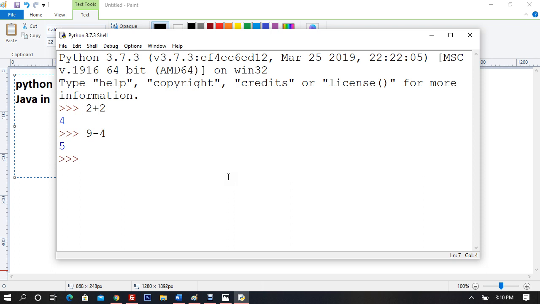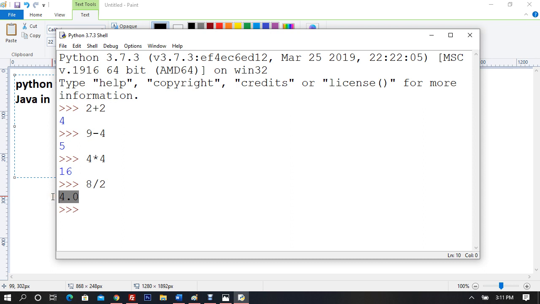Now, easy operations. Are only mathematical operations what we are interested in? No, but we have to start with it. For example, multiplication: 4 into 4 is 16. This is called multiplication. But if I say division, 8 divided by 2, we are getting 4.0. Why am I getting 4.0?